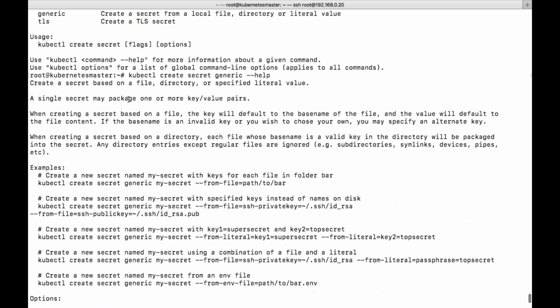Okay, when creating a secret based on the file, the key will default to the base name of the file and the value will be default to the file contents. Okay, if the base name is invalid key or if you wish to choose your own, specify the alternative key. See, by default if you don't specify the key name, it will take the file name as a key. Okay, so that is one thing. So if you want your own keys, that need to be specified, so you need to define it in the file itself. Okay, so that is what they are trying to explain.